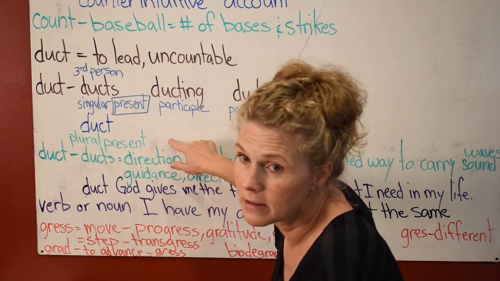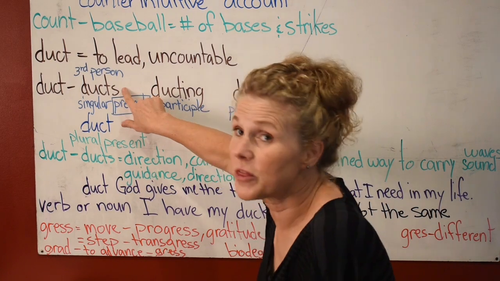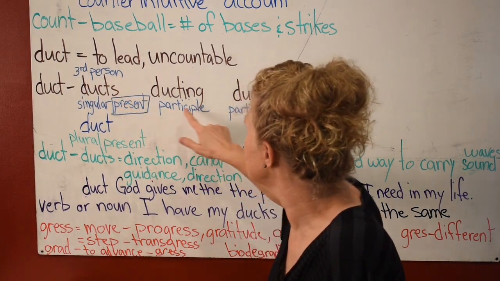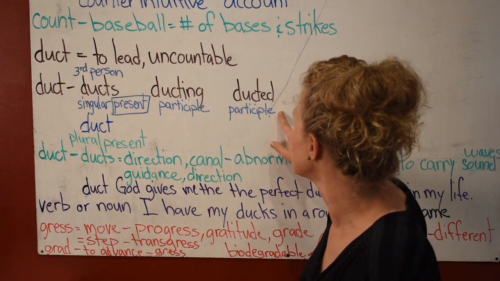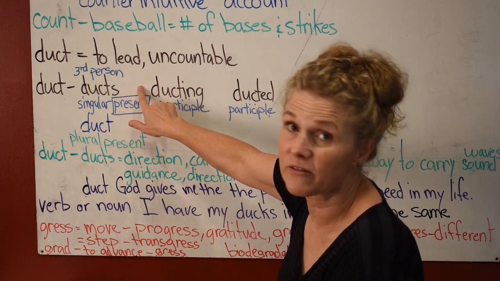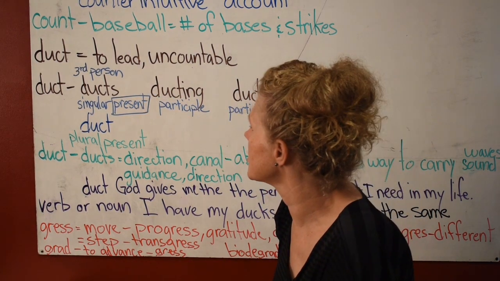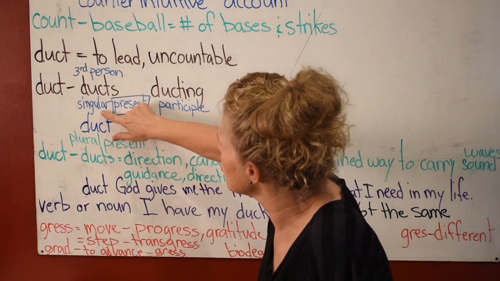Does that make sense? Duct as a verb, then this is singular with the plural s. It has to sit in third person. We have ducting, which is a participle, ducted, which is a participle. And with these, you have to use auxiliary verbs right here to make sure that you're sitting that in the correct tense. But here, you just need to make sure that